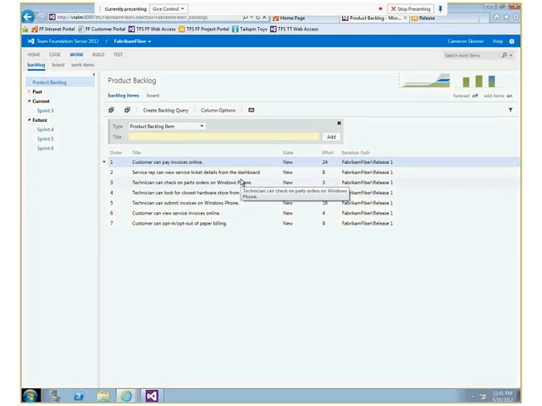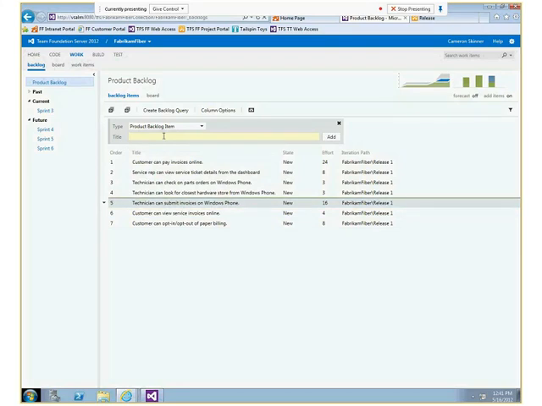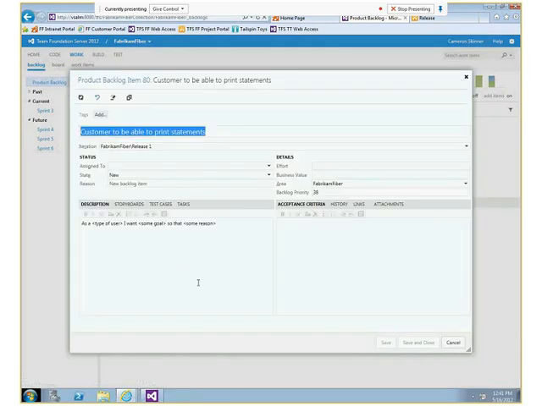Let's say that I wanted to add a new product backlog item, and I wanted to add it right here, right after number 4. So I can say I want my customer to be able to print statements, and I can enter the item and click on add, and automatically that gets added right into my backlog. If I want to add additional details about it, I can double click on it, and you get the